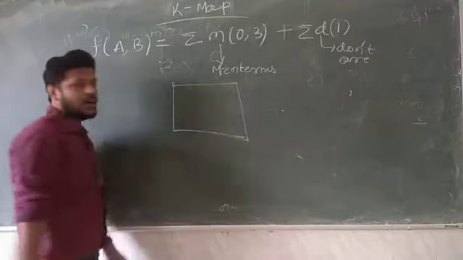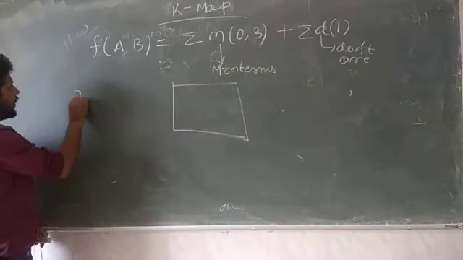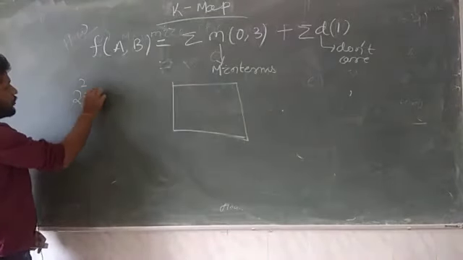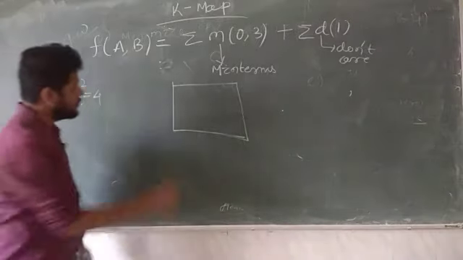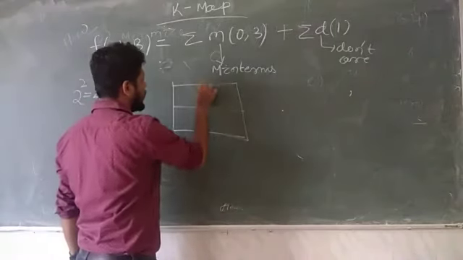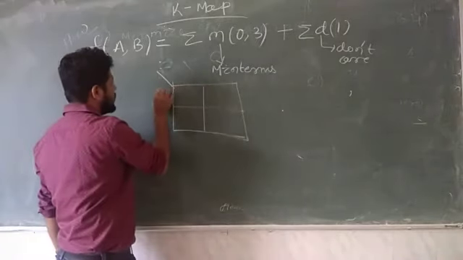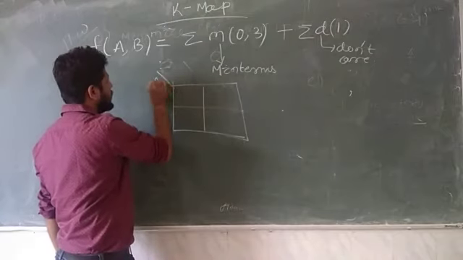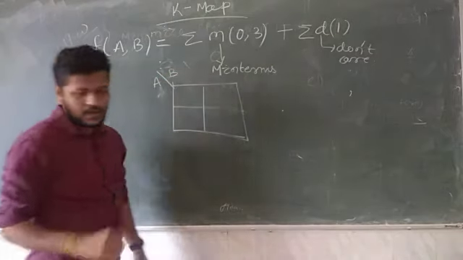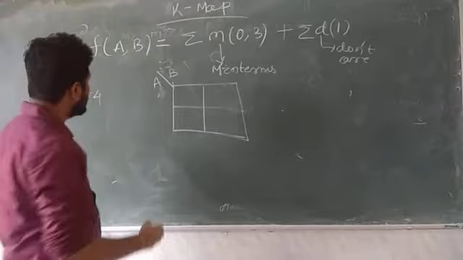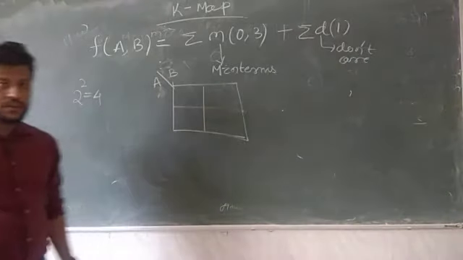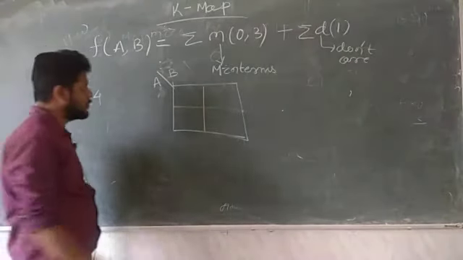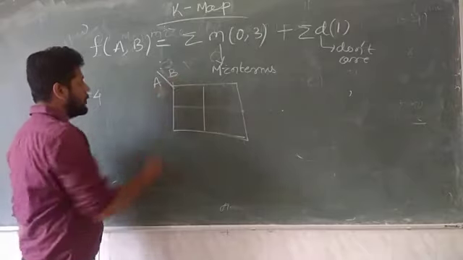So two variables, how many number of cells? Two variables, we have 2 squared, which is equal to 4 cells. So we need to take it as 4 cells. This is your A, this is B, as the variables are given as AB. In place of AB, they can give you X and Y. So here we can write X and here Y.